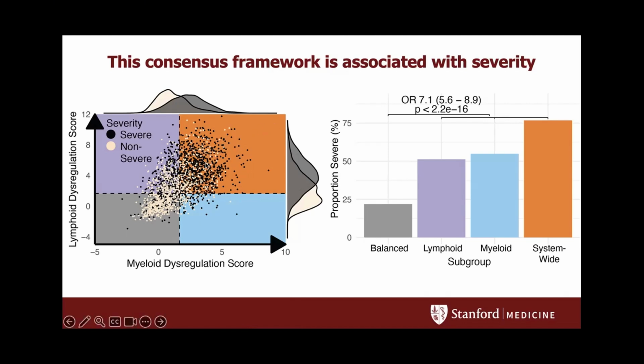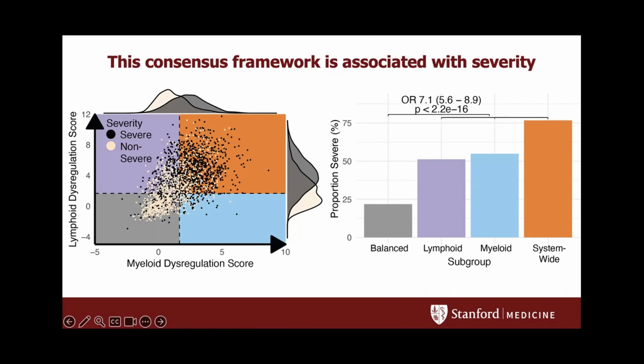The other thing that I think is appreciable here, and really exciting, is that you have this central clearing, and you have these patients who can go up in either direction, becoming more myeloid or more lymphoid dysregulated and leading to severity without necessarily having both of these compartments dysregulated at the same time. So overall, quite exciting, a good demonstration that this does work.